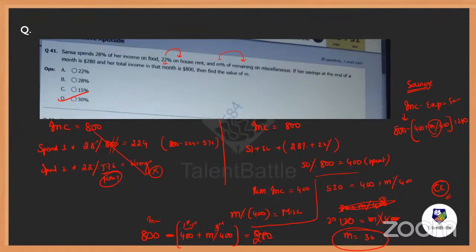And Sneha, have you got your answer, dear? It is not 15, it is 30%. Maybe you did a calculation mistake somewhere or other, so that is why you haven't got the correct answer. But I hope now you got it, Sneha. And others, is that clear, my dears, everybody? Yes or no? One quick response.